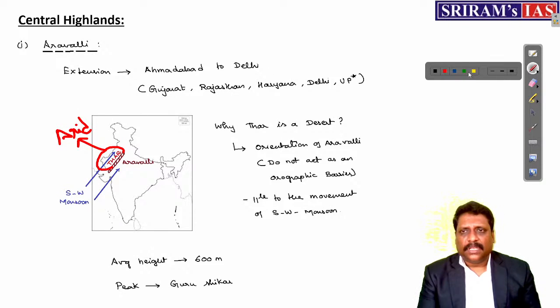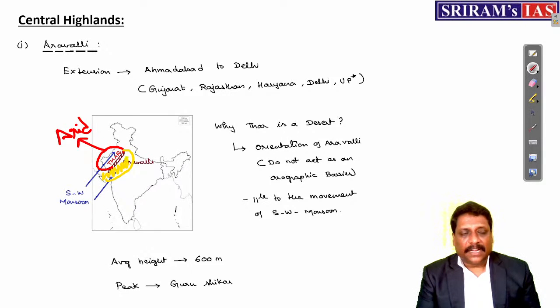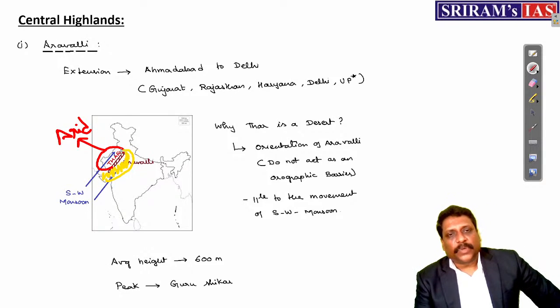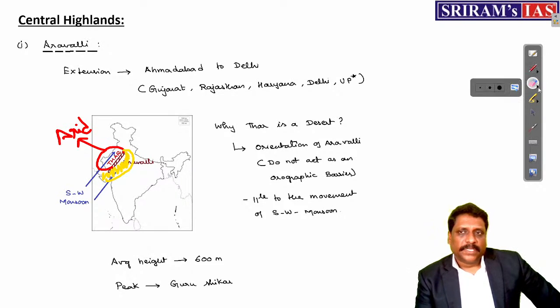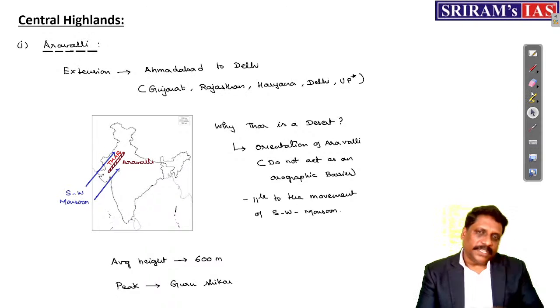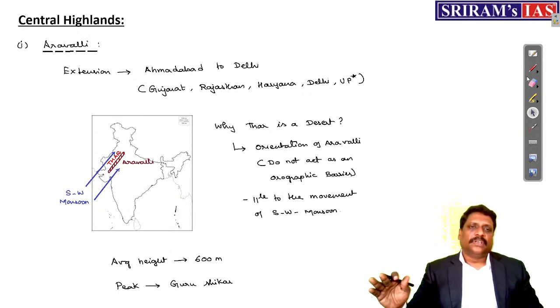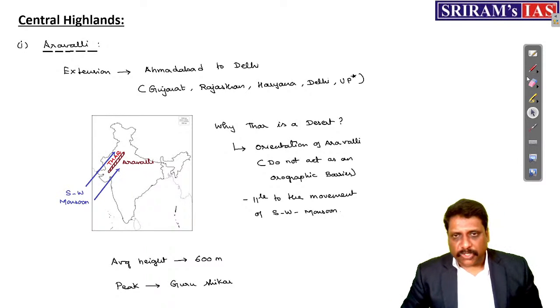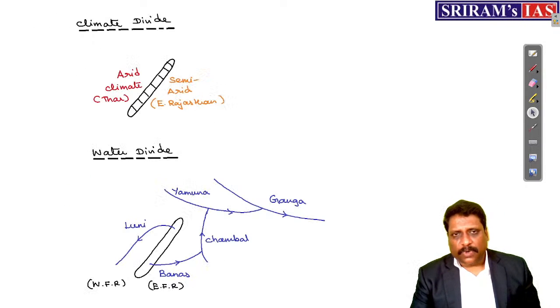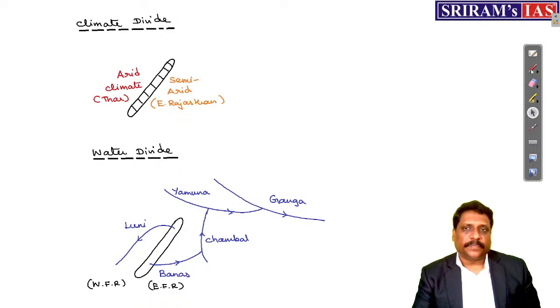Desert, dry. Other side of Aravalli, what I have is what? Say, for example, all these regions, we call them as what? Semi-arid type of climate. So Aravalli separates arid and semi-arid type of climate. See, only western Rajasthan is a desert, not the eastern Rajasthan, right? Eastern Rajasthan is dry, but not so dry. It is semi-arid in nature. So you call it as what? A climate divide. Aravalli is also a water divide by difference.